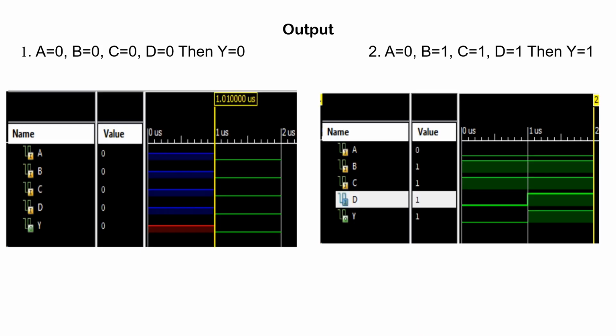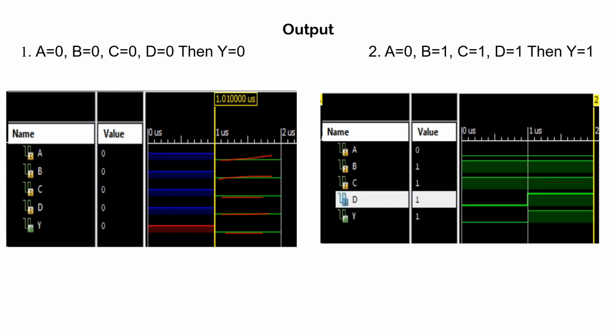This is the output. For the values a, b, c, d all 0, y will be equal to 0. For 0 input, the y value is also 0. The normal line indicates that the output is 0. Okay,